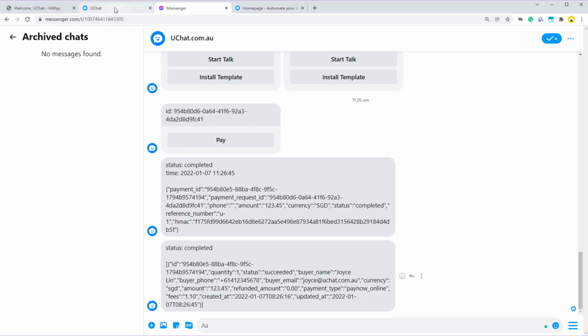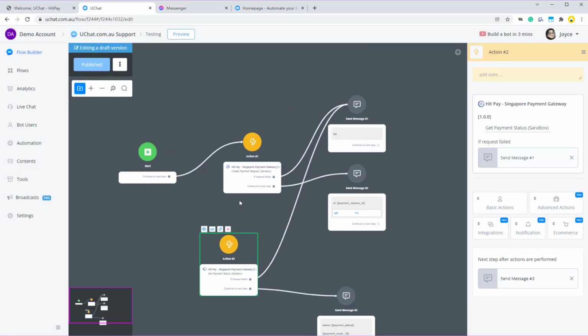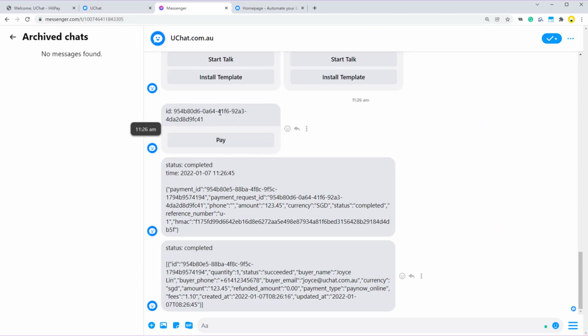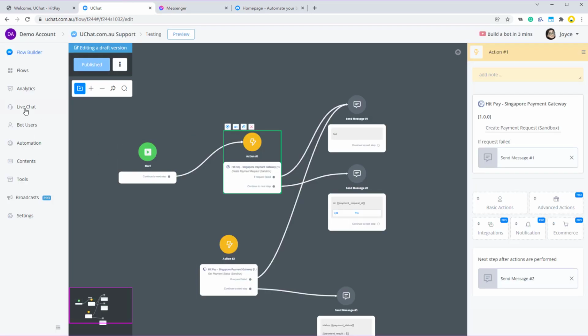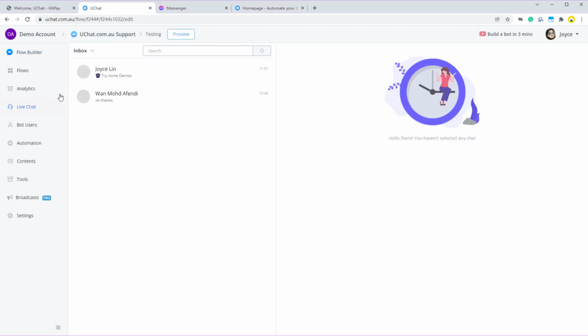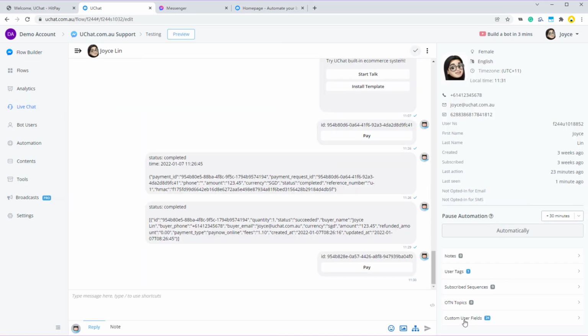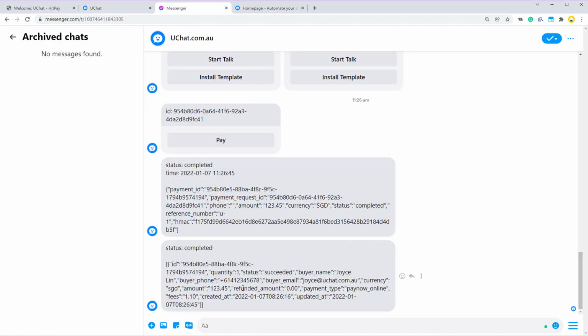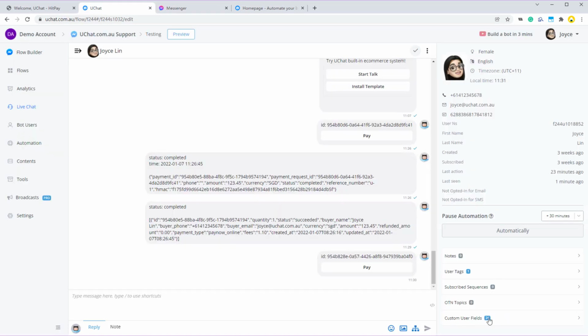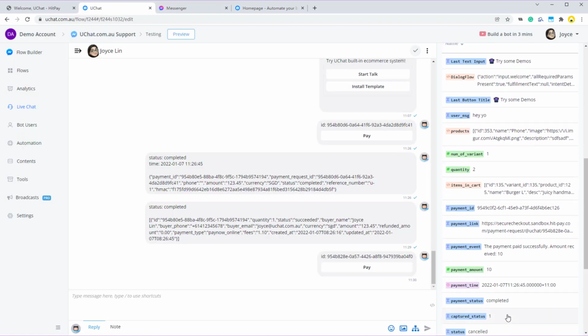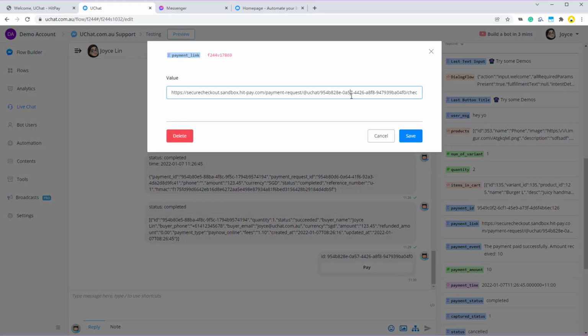Okay, now let's test. Let's create a new payment so that we can delete it. Preview the step to create a new one. Sometimes you might not be able to receive the payment link since Facebook blocks them. In this situation, you can go to live chat, select the person, and then go down, you can see that UChat already sent out this message, but the user didn't receive it. So you can go to custom user view,